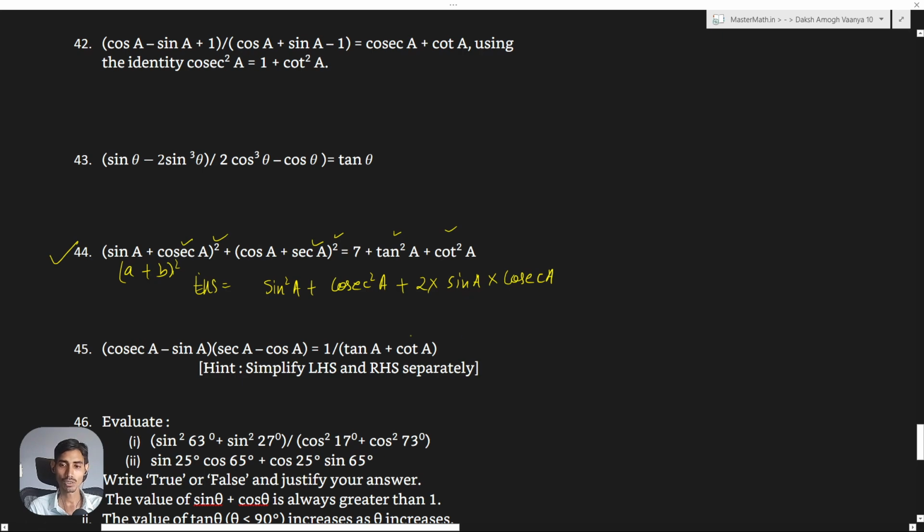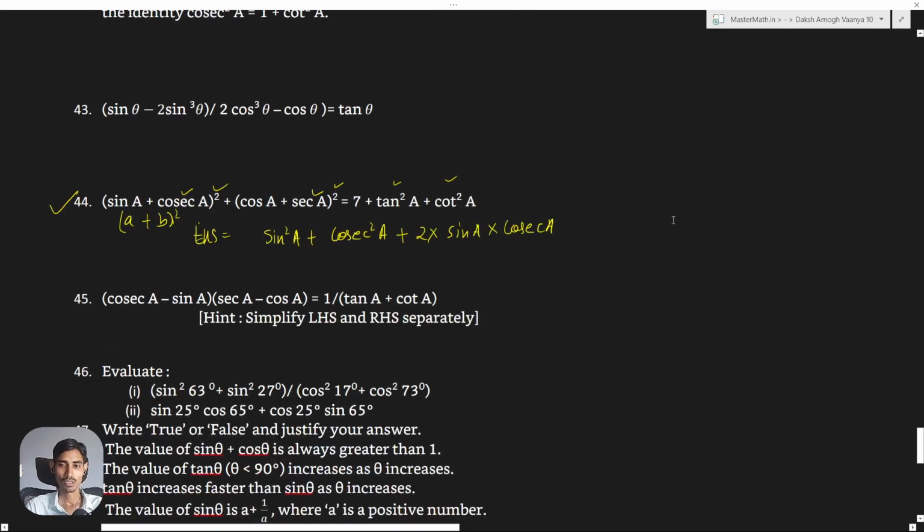What is sine into cosec? Sine into cosec is 1, because cosecant is 1 by sine, so sine would get removed. So this is from the first part. I'm using brackets here. Second, cos a plus secant a, square of that would be